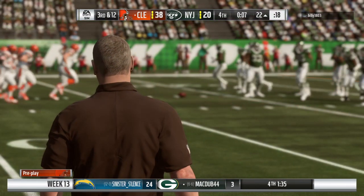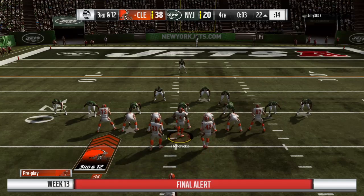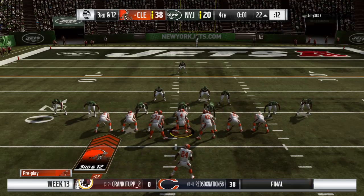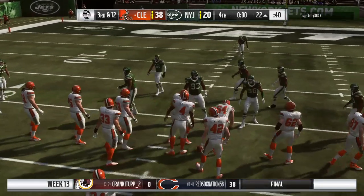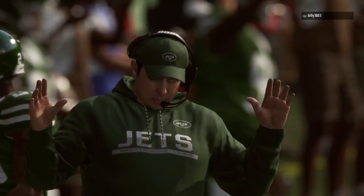So time to start going in the other direction as they come up now third and long. Well, I know it points in the